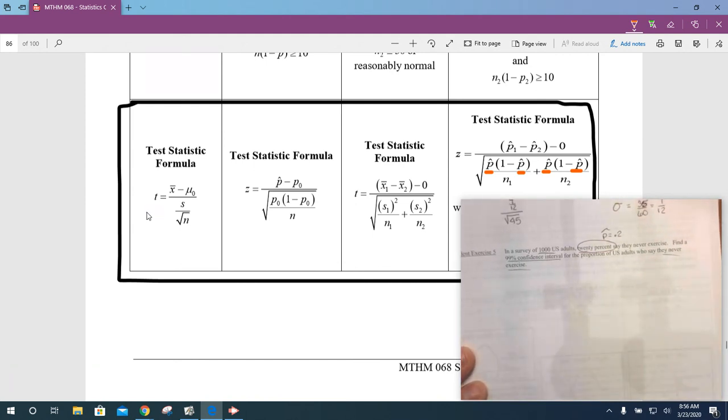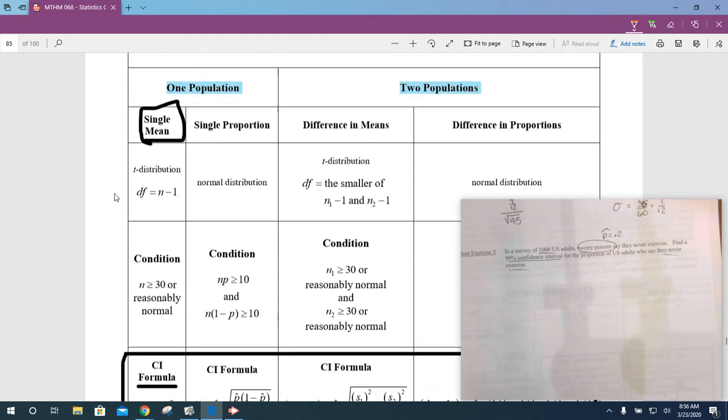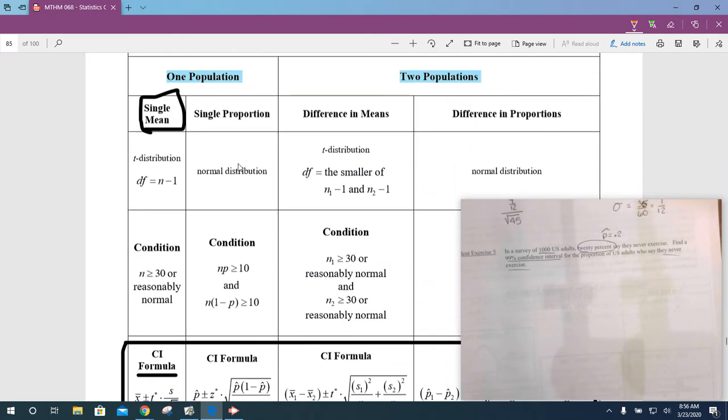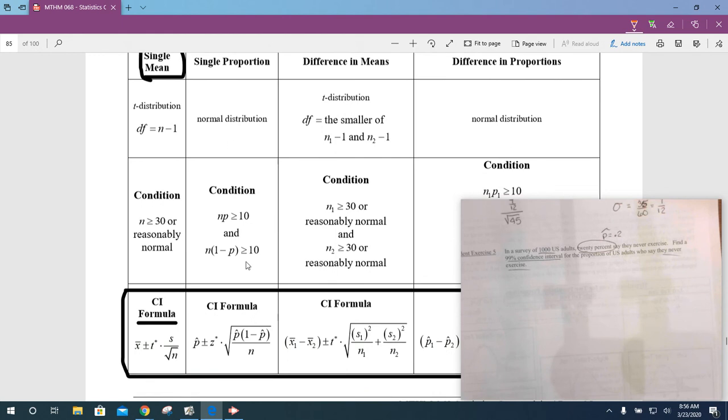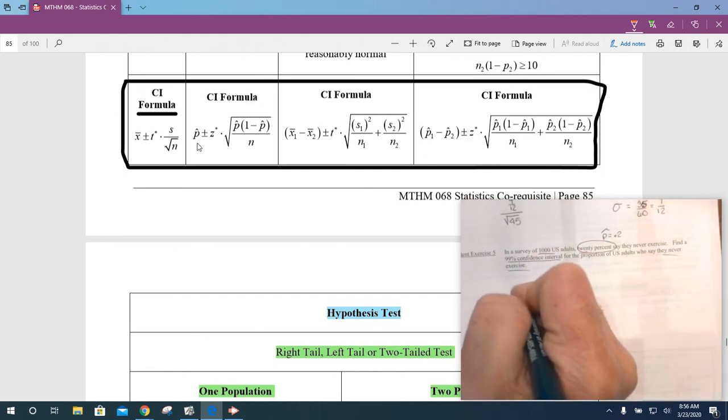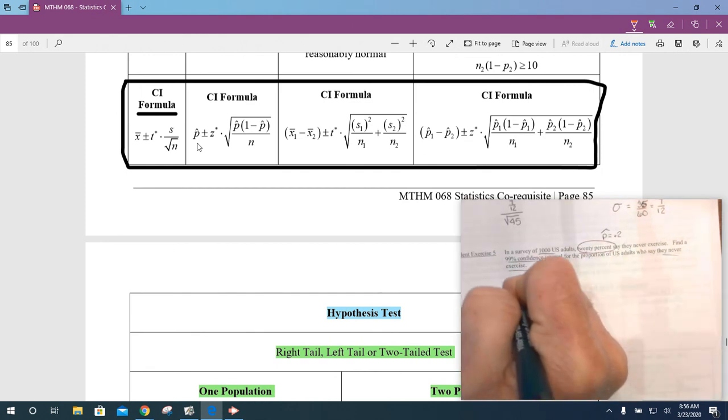Okay, so we're looking for a CI. So we go to our CI, and remember in the CI, we're talking proportions here. So I've got to get up to CI, confidence interval levels. I have a population proportion, a single proportion, and I am looking at the conditions straight down here. So we're going to start our measurement with p hat. Well, our p hat, you can write that two different ways, depending on how you want to do it. Your p hat value